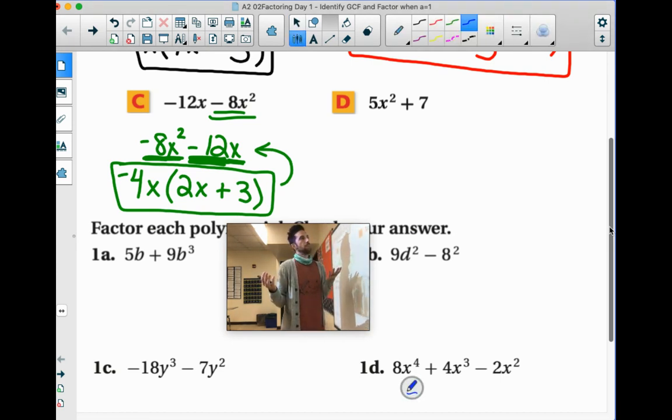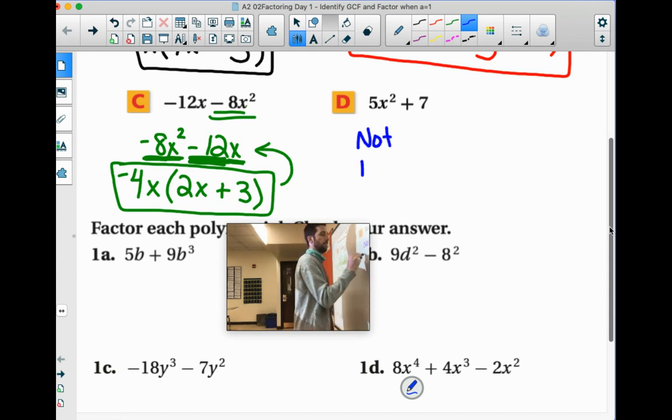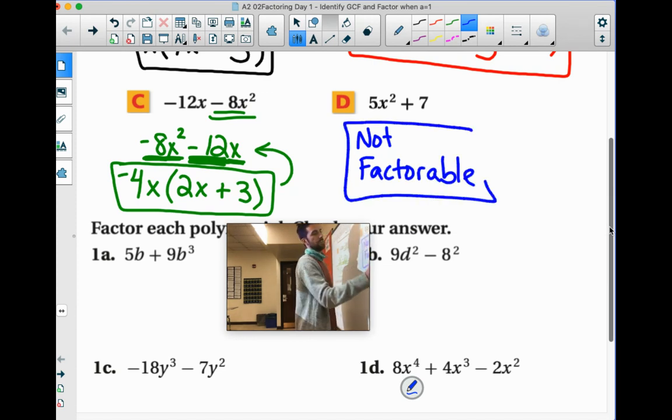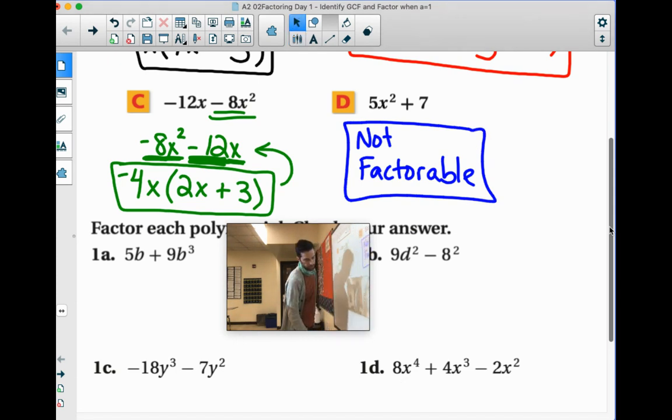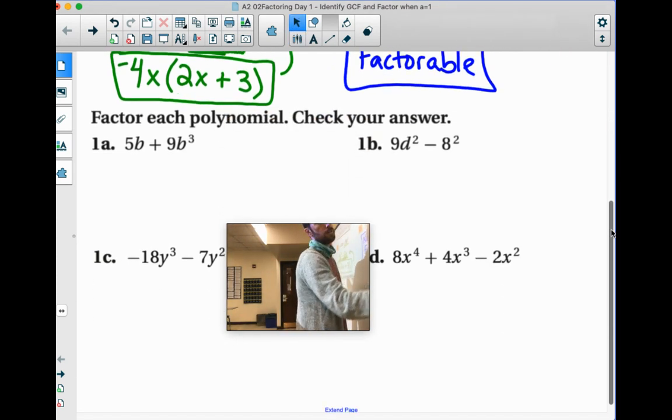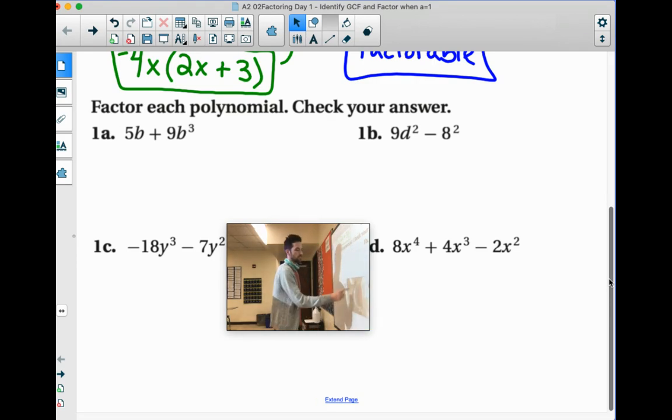Their greatest common factor is 1. And when their only common factor is 1, you don't do anything else. This is non-factorable. Not factorable. And that's pretty rare. They're just trying to goof with us a little bit. So I'd like you guys to pause